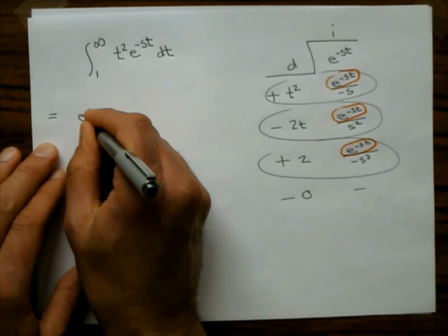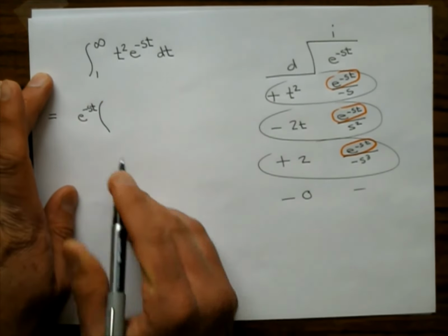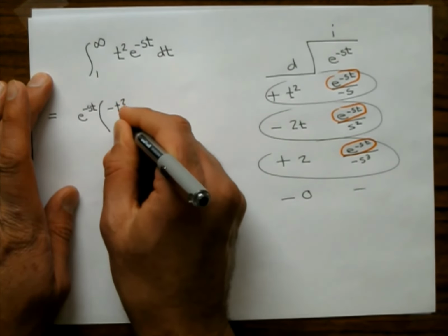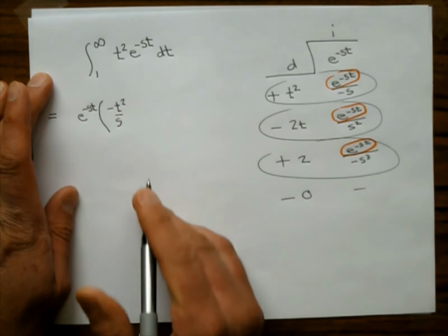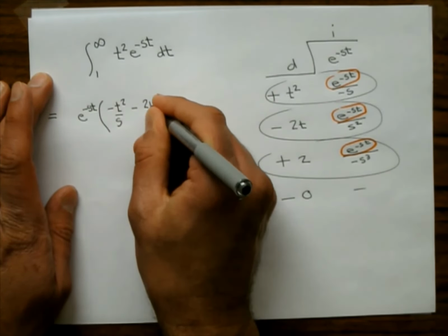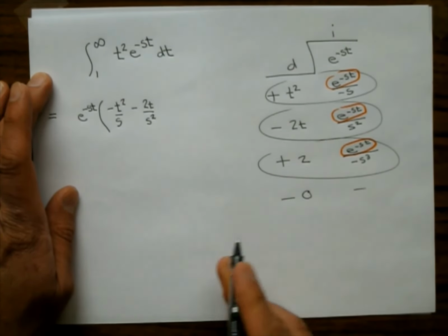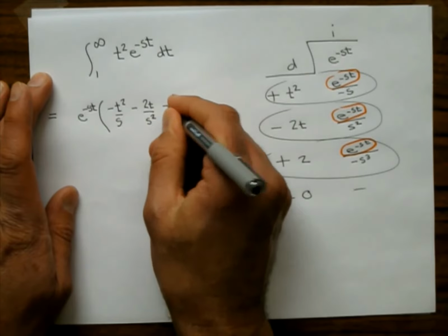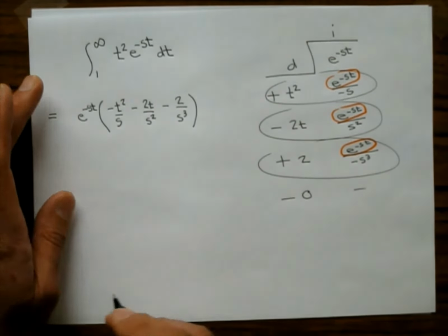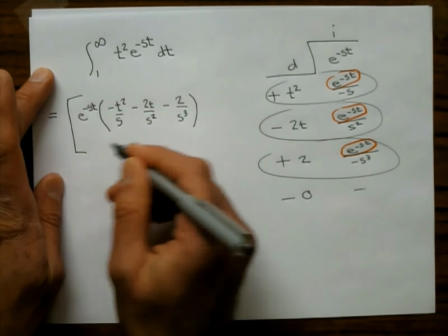So this is going to be e to the negative st. And what do we have? We have negative t squared over s. The next one's going to be minus 2t over s squared from that right there. And then the next one's going to be minus 2 over s cubed. Okay, so we've just taken the integral of this using integration by parts, and we are going to evaluate this